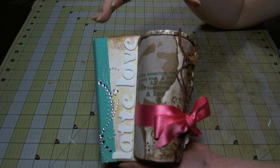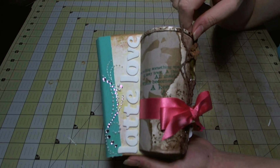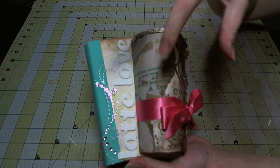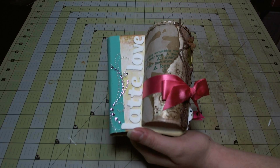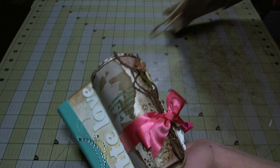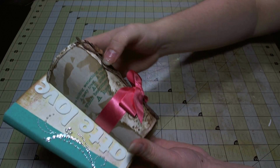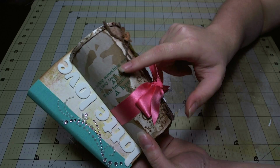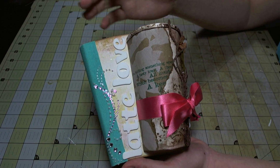So here's my book, and I took a Starbucks cup and I cut it in half, and I painted it and altered it and stamped it. And this right here is actually a piece of the bag. It's a piece of a Starbucks bag that I cut up just to add some fun texture. And it actually says "you're holding something special" right on the bag, which I thought was awesome for the book. And I called it Latte Love,